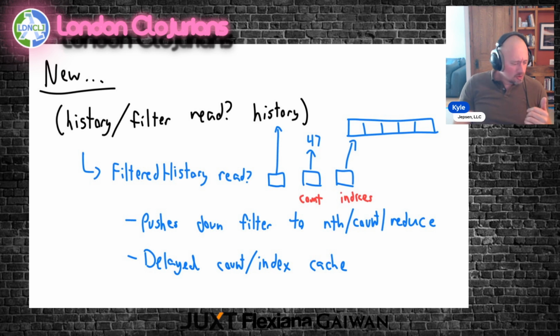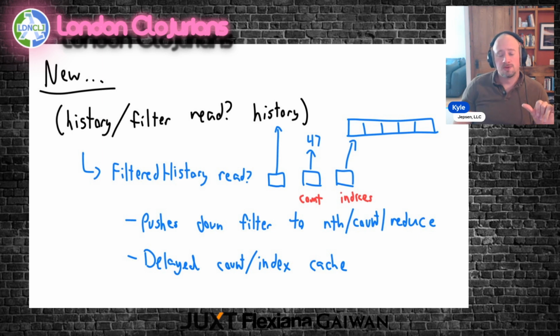Now, the canonical Clojure answer is to use transducers here, but then you have to pass around two things, the history and also the partially built transducing function, and then you would glue on additional transducing functions later. Now I have to have two arguments instead of one, and I have to keep track of both things. And it would just be much nicer if I had a single object that meant the history only on this node. So if you call history filter and you give it a predicate and history,